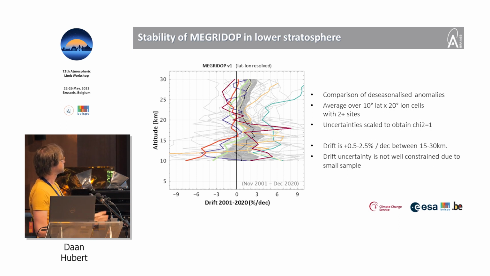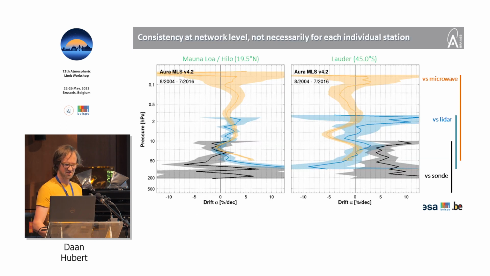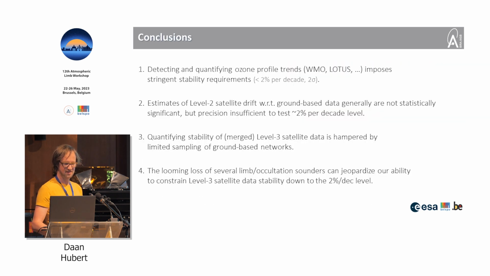So when you take the average of cells where you have more than one site, you get the dashed black line, and this indicates small trends in this altitude range. But this is very hard to have a good handle on uncertainty, so be careful interpreting this. So we can use more data to be sure here. So I will skip these slides, and then I think my main point that I want to bring as well